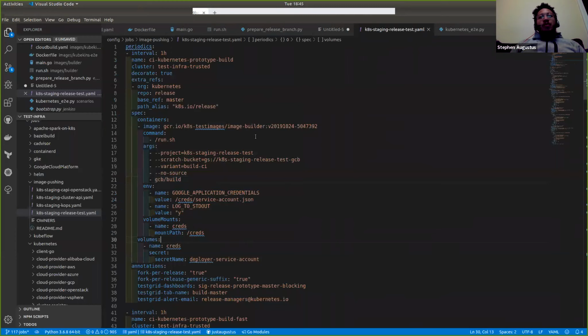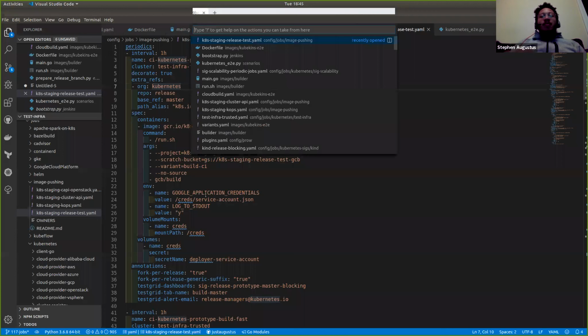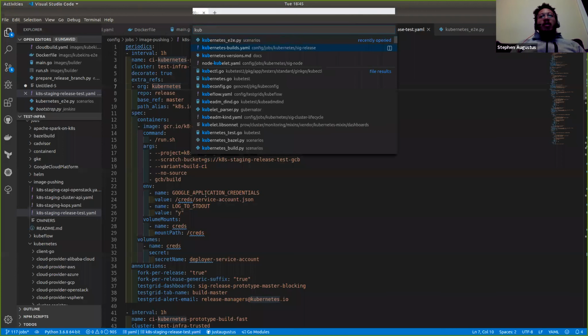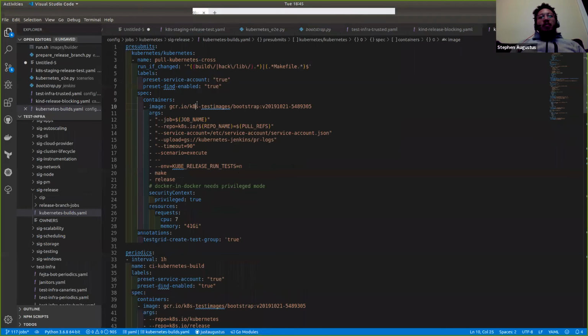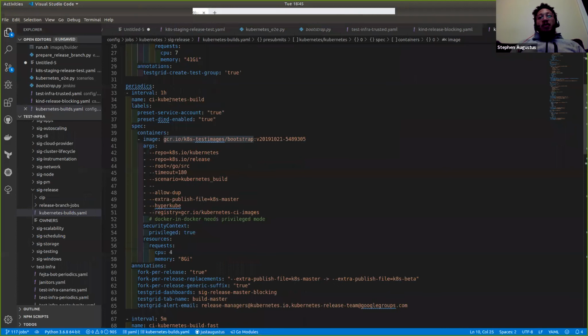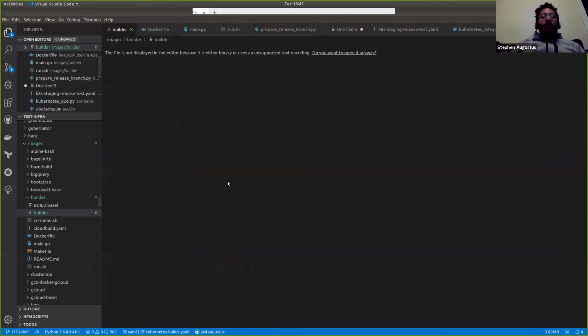And what this will eventually give us is, you can see it's checking out the release repo, and it's doing a path alias of Kates release, kates.io/release. This job encapsulates the same stuff that we're doing in the standard job, Kubernetes CI Kubernetes build, right? You can see CI Kubernetes build is using that scenario, and the Kubernetes build scenario,